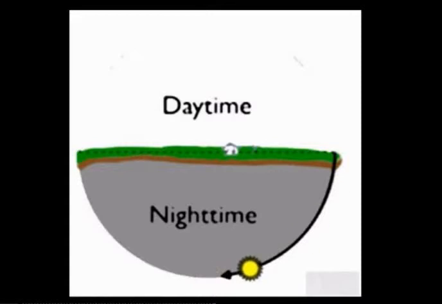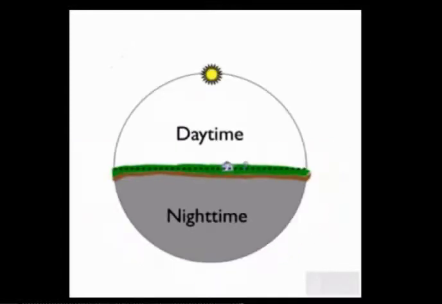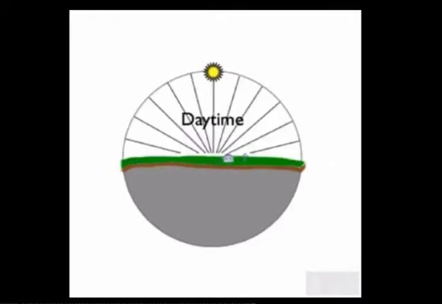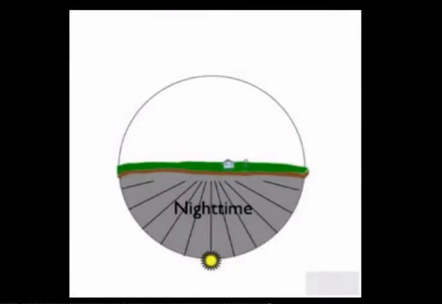It doesn't actually go below the ground, of course. It's that the Earth is spinning, and so the sun is being seen on the other side of the Earth. But it's helpful to visualize its path as being down here during the nighttime. So the ancient Egyptians had these 2 halves, daytime and nighttime, and they divided each half into 12 parts. So they had 12 parts of daytime and 12 parts of nighttime. 12 plus 12 equals 24. That's where you get the idea of 24 hours in a day.